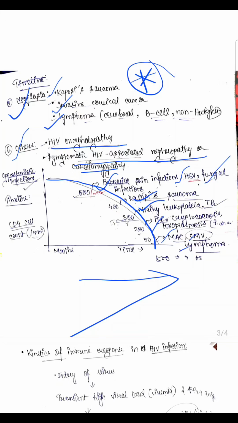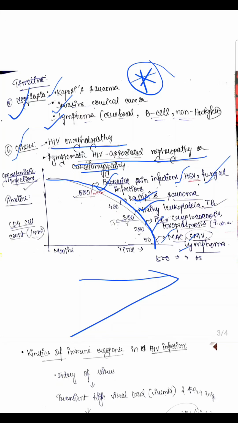So I did a trick here that I don't know how much useful it will be, but see, in the odd numbers we have infections caused by bacteria. In 500, bacterial skin infections, 300, TB, and I didn't find any logic to relate here, so I had to use a mnemonic. Now it's up to you how you remember this, but if you present this graph along with this chart, I think the answer will be very fulfilling. If it's a 5 marks question, I think 3.5 to 4 will be easily achieved in this question.